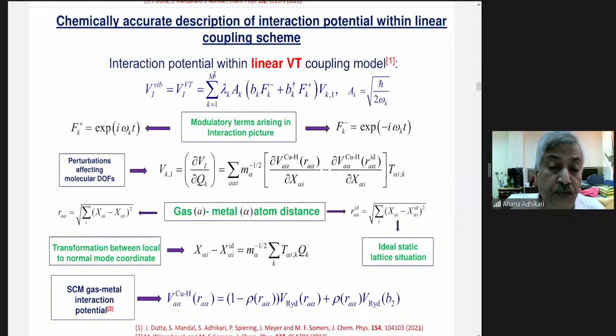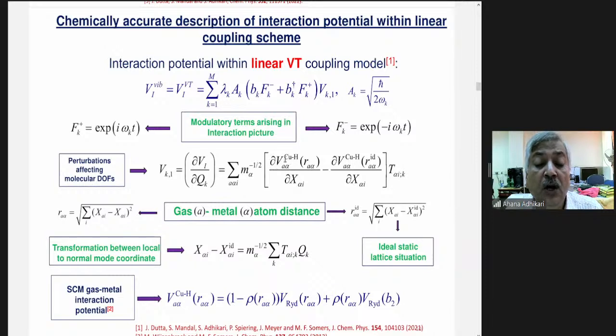So if you consider only the linear term at the beginning, and then we will go to the bilinear term. As I said, the first order coupling between the molecule and the surface is a derivative of the interaction potential with respect to the normal mode. This can be obtained from the ideal surface hydrogen copper interaction potential derivative with respect to the local mode, and in the non-ideal situation, where surface temperature is included, the derivative of the